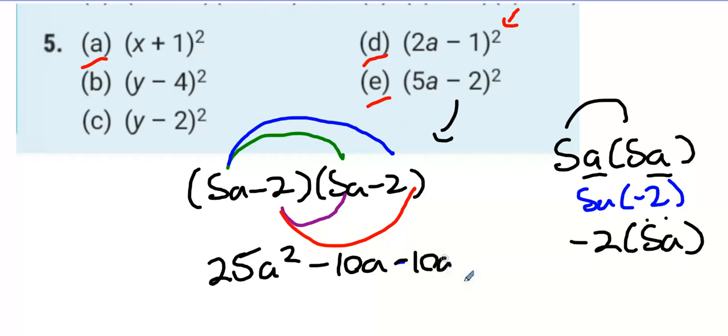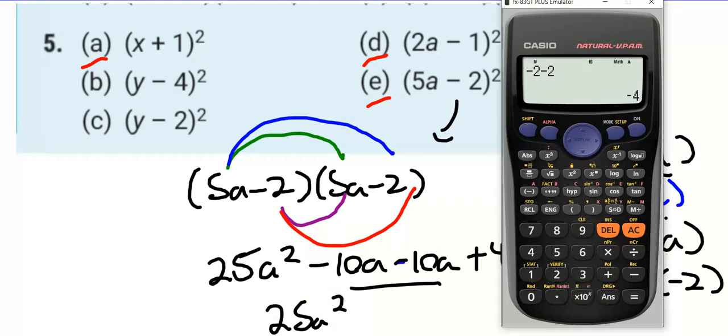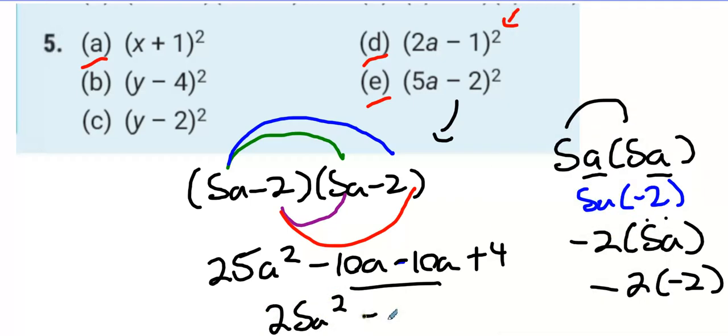Thank you very much. Now, what's minus 2 by minus 2? Yeah, plus 4. Add the middle parts together. Plus or minus? Minus 20a. And we are done with